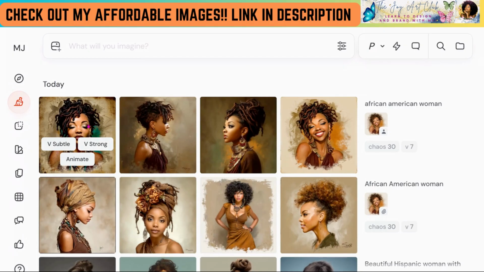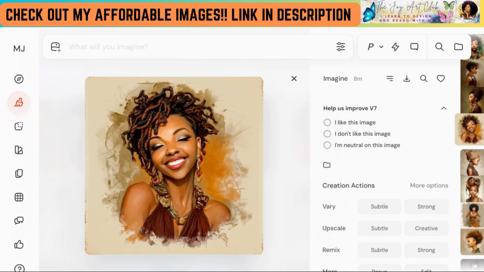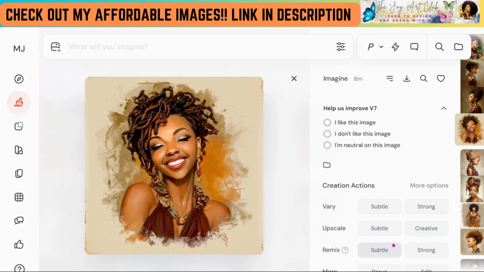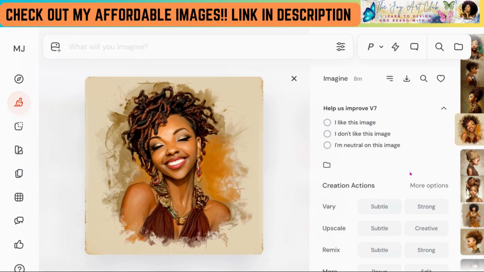But let me show you how you can add some variation to any of the images that you have created. All right. So again, here is our image. And what we want to choose is remix. Now, sometimes remix may not be there. If you don't see remix, just click on more options and those options will be there for you to choose. Okay. So we're going to go into remix and we're going to choose